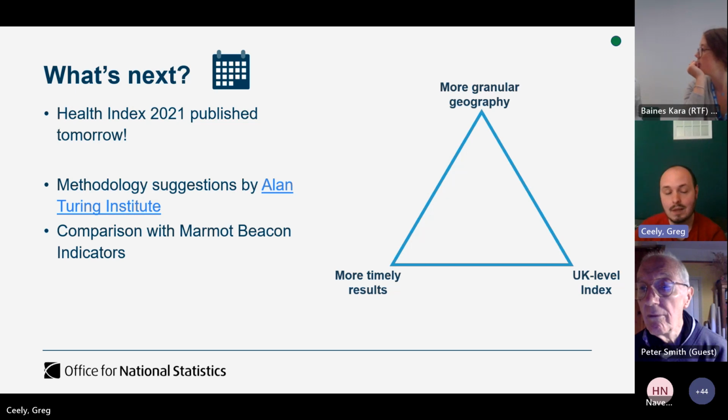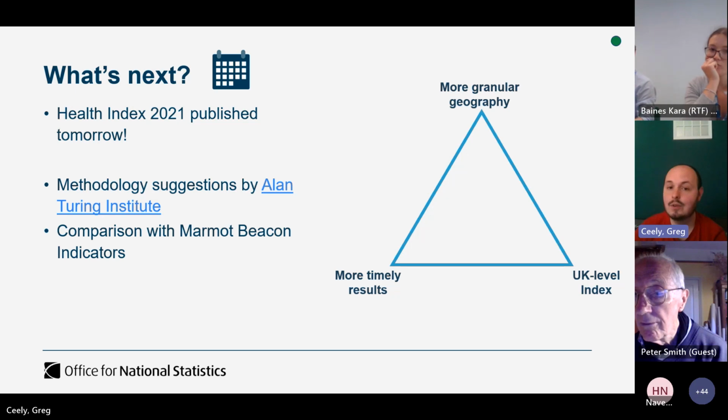Importantly, from our perspective, we'd like to continue a partnership approach where we actively hear what is most useful to users in terms of data and insights that we can provide with the Health Index and wider ONS data, and also what support is needed from us to make best use of these data and insights for you. It would be great to hear if you agree with our development priorities and/or whether you think there are other areas that we need to focus on.